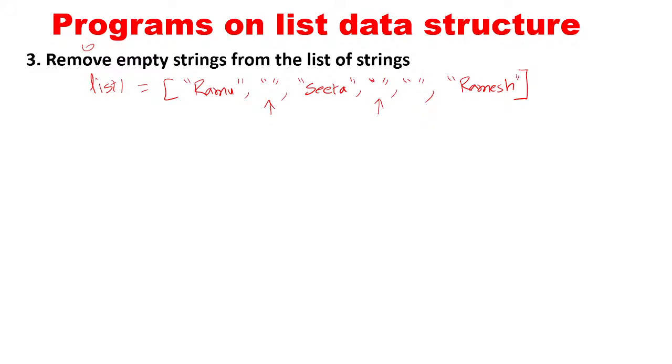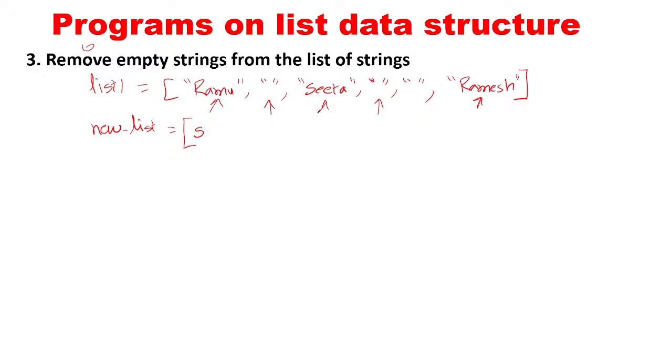Okay, so this you can do by using a simple list comprehension, or you can go with the for loop. Okay, so better we start using the list comprehension so that you will get an easy idea about this list comprehension. Okay, so we want to take only the proper strings from this, that means strings containing some characters, those kind of strings we want. Okay, so what I do is I take a new variable called new list. Okay, so new list containing all the strings s,